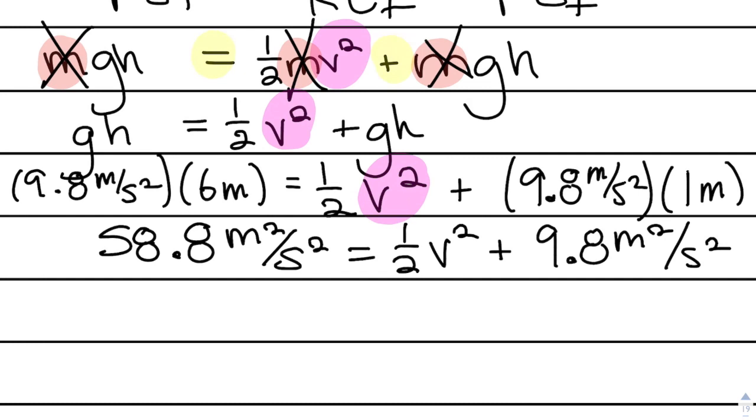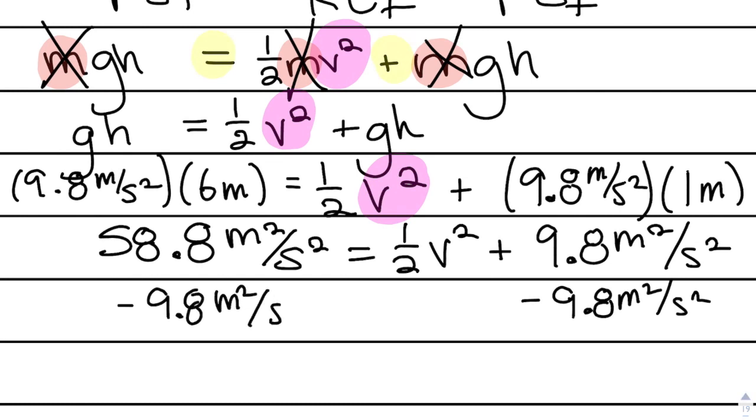All right, now I'm going to go ahead and I'm going to subtract out this value, so minus 9.8 meters squared over seconds squared. Notice that my units ended up being the same, and that's why I am able to subtract that to the other side and combine those terms. And so that is going to go ahead and give me